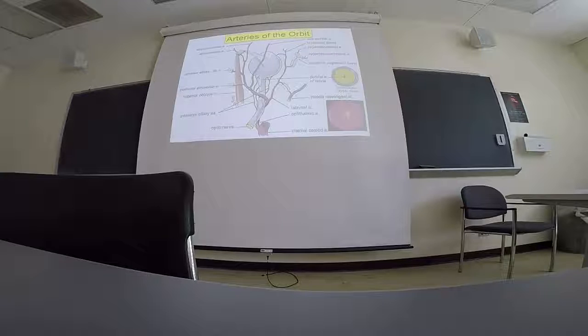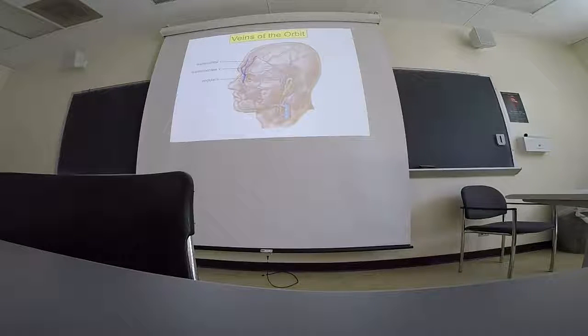Medially, you'll see some of these ethmoidal branches, these anterior and posterior ethmoidal arteries. And those are going to be following with some nerves that have the same name. Okay. And you may see some of these posterior ciliary arteries going to the sort of posterior aspect of the eyeball as well. You won't see the central artery of the retina unless you bisect the optic nerve, which I probably wouldn't recommend. Veins, so the veins of the orbit,